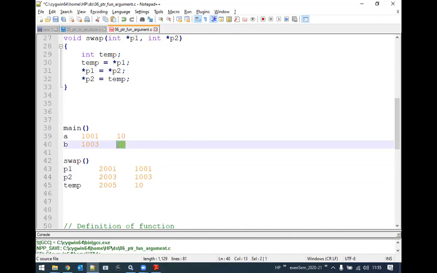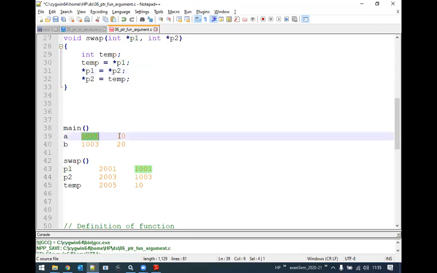So now this particular 20 is getting updated where? Asterisk P1. So 20 is getting updated to asterisk P1. Again, this asterisk P1 means what? Value at 1001. Now I get the value as 20. When this statement is getting executed, the value here, instead of 10, is getting modified as 20.